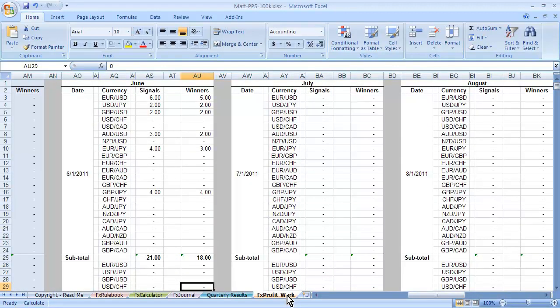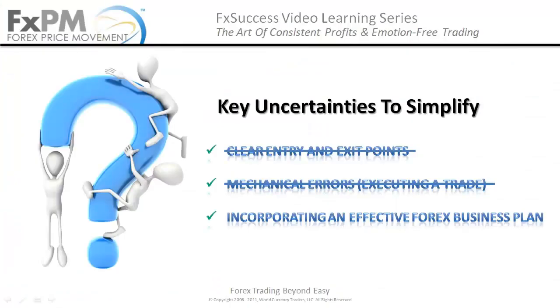And lastly, we have our profit work tab. This is where my traders document all the signals that the software provides. This allows them to see the strategy in action and keeps them confident on a day-to-day basis that the strategy is working efficiently and effectively. So as you can see, we have tackled every issue our traders were faced with